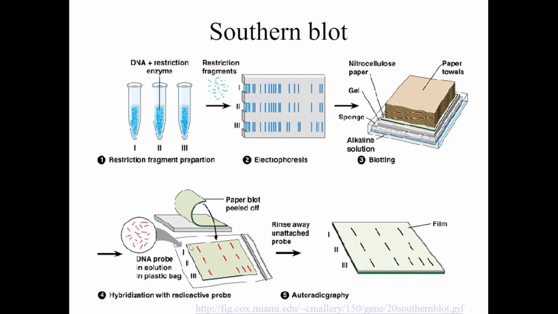And after this, development by labeled probes, labeled at first by irradiation, or now by fluorescent probes. And you can see where your sequence is localized, whether it is present, and where